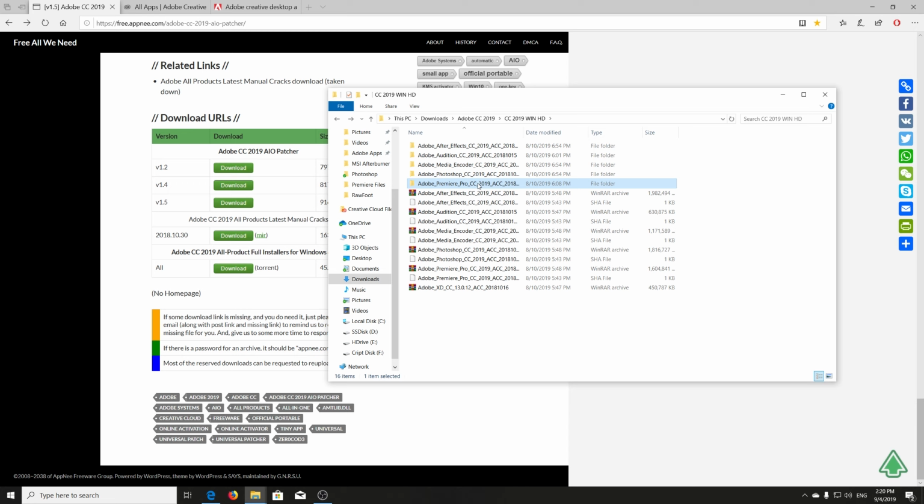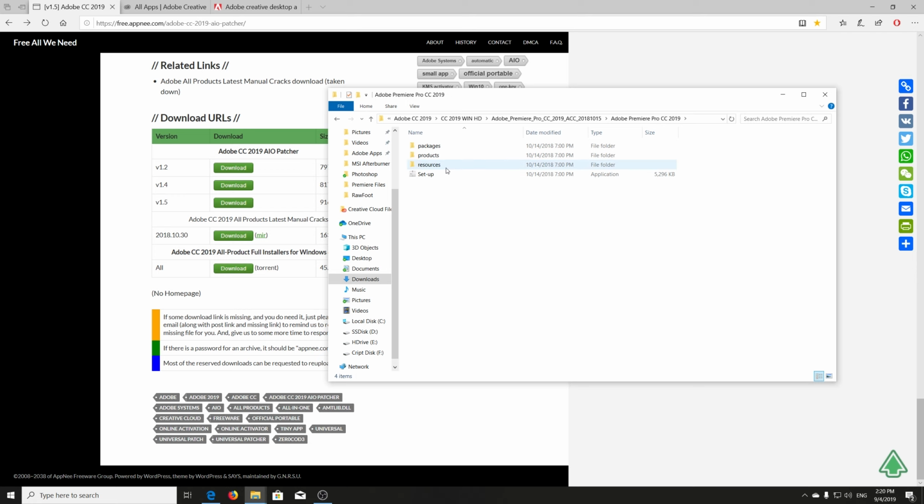You go in the folder, and here is a setup.exe, which will set up the older version, the 2018 version of Premiere Pro. You just go through the setup. It's like you would install from the Creative Cloud. You install the app, you finish installing it, and then